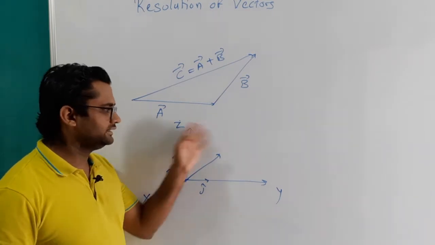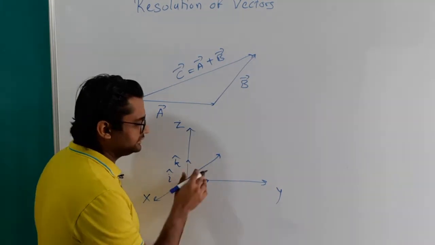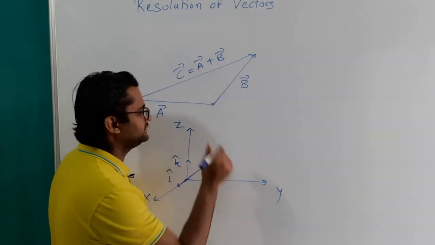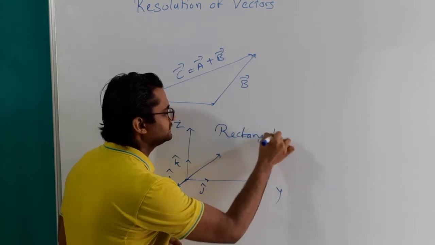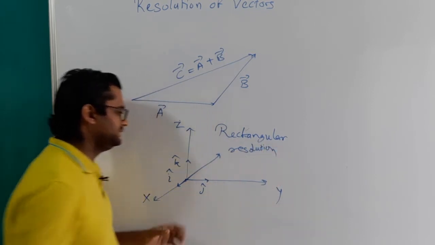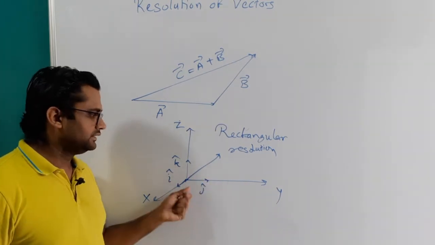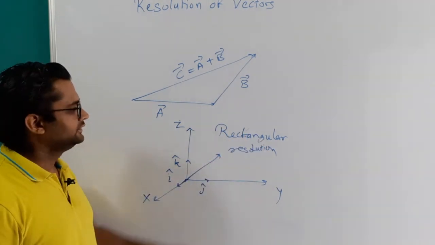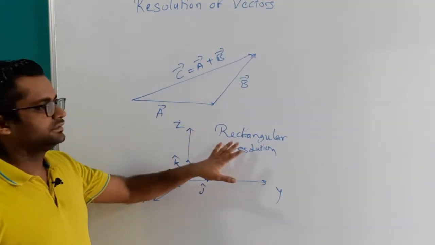So here we have taken xyz axis as our direction. This kind of breaking, or splitting, of a vector is called resolution of vector, and this kind of resolution is called rectangular resolution of vector. Why is it called rectangular resolution? Since these axes are called rectangular coordinate axes, and when we split any vector along rectangular coordinate axes, we call that kind of resolution a rectangular resolution of a vector, or simply resolution of vector. In our syllabus we will deal with this kind of resolution only till 11th class.